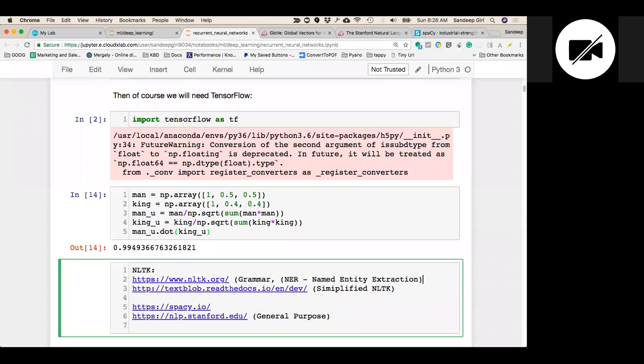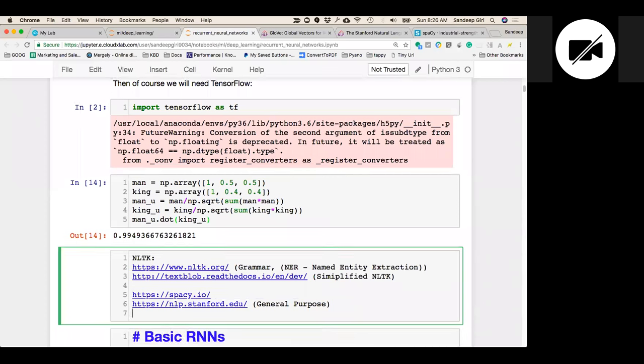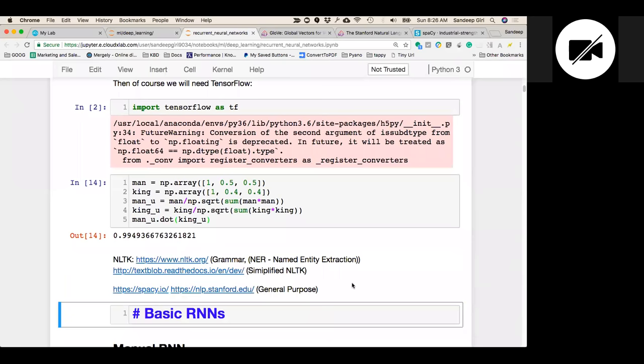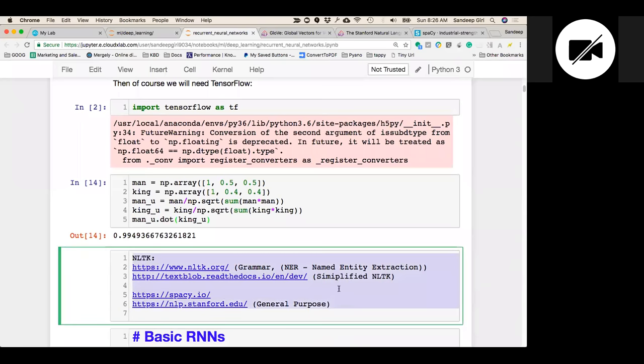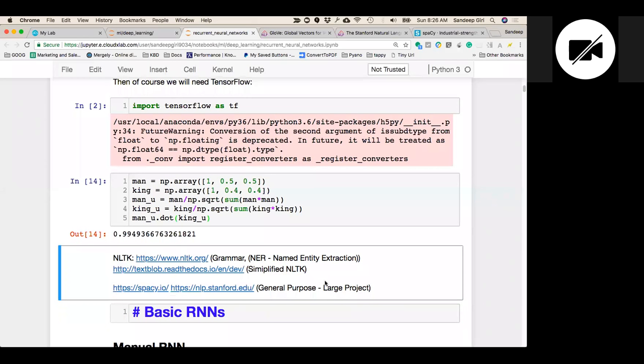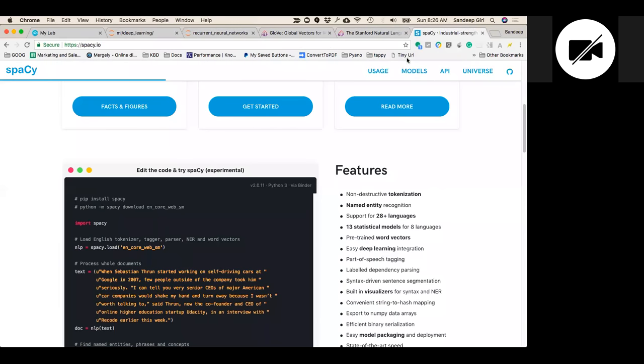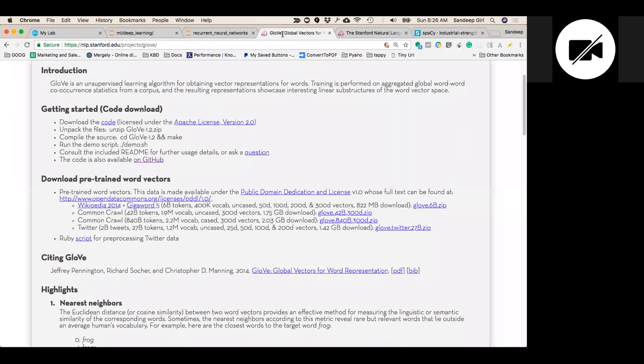Okay, and NER. All right. Similarly, spaCy also does that, and you could take a look at these libraries. These are quite popular libraries, and Stanford NLP is a general purpose, large project, which has all kinds of libraries. Okay, so for sentiment analysis there is one, and for others there is one. Just if you're interested in natural language processing,